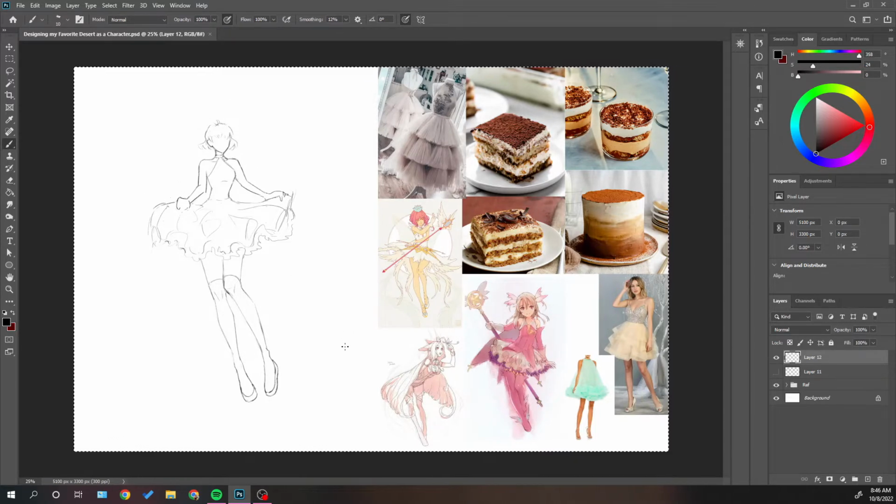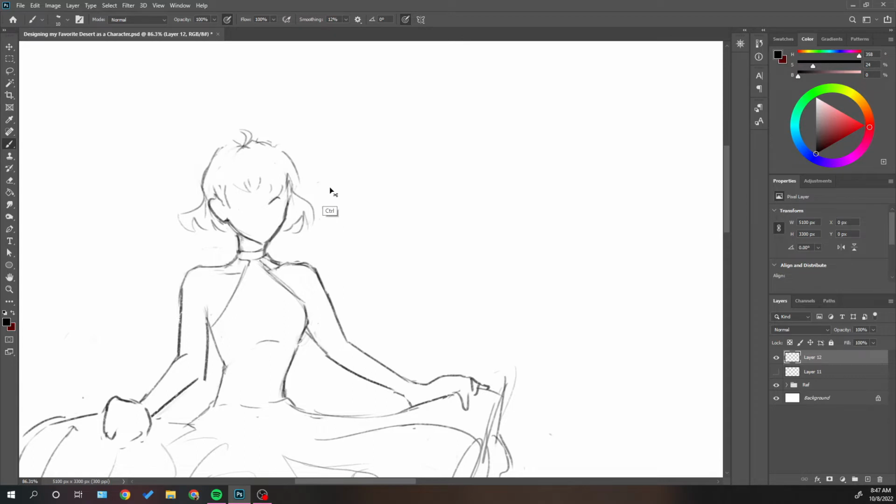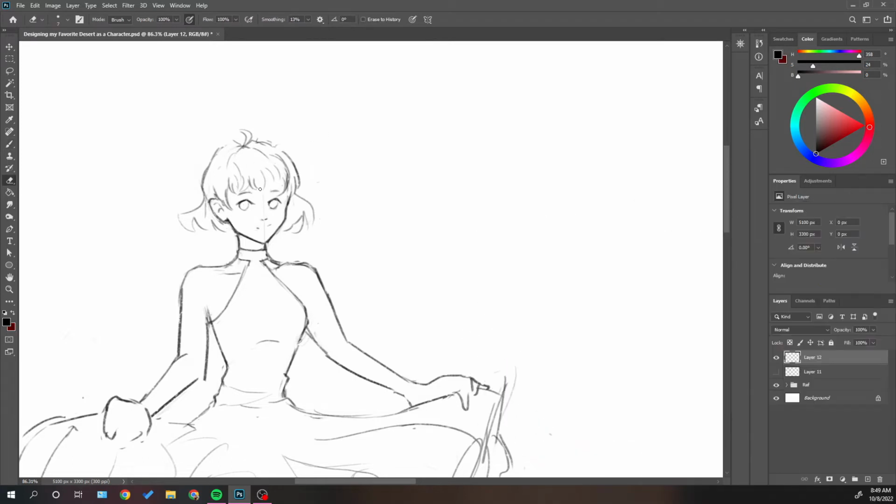But anyway, this whole process took me about 2 hours and 40 minutes from sketching to coloring and everything. And even then, the final result is not perfectly polished or anything. It's still kind of sketchy, but that's my art style. That's what I tell myself. So this whole process took me about 2 hours and 40 minutes, and the sketch itself took me